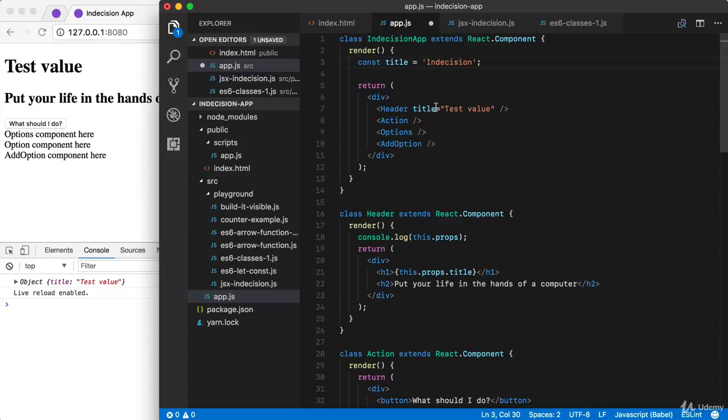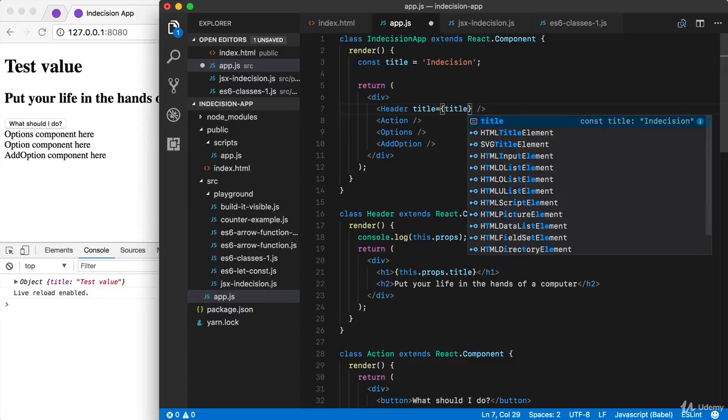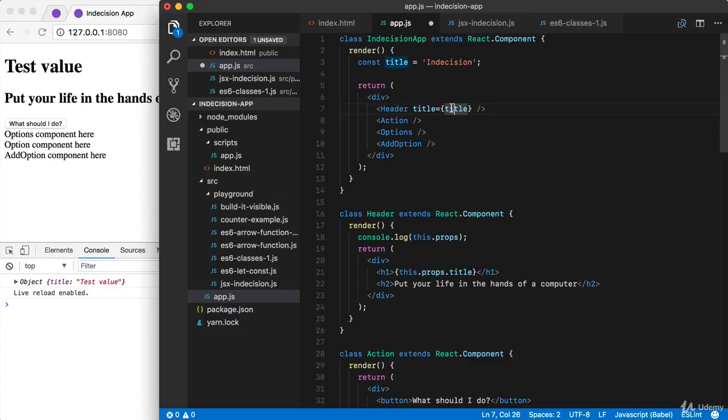Now, instead of defining a static string inline, we can just set up our JavaScript expression like we've done for onClick handlers and our ID attribute previously in the course. Right here, we just reference the thing we want to pass down. It could be a function, object, Boolean, string, undefined, number, anything you want. In our case, it's just a string title. Now that we have this passed down, we can go ahead and use it. We're already using it. If we save the file, we should once again see Indecision showing up,